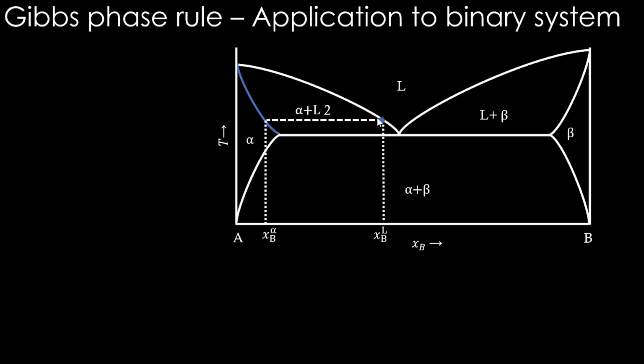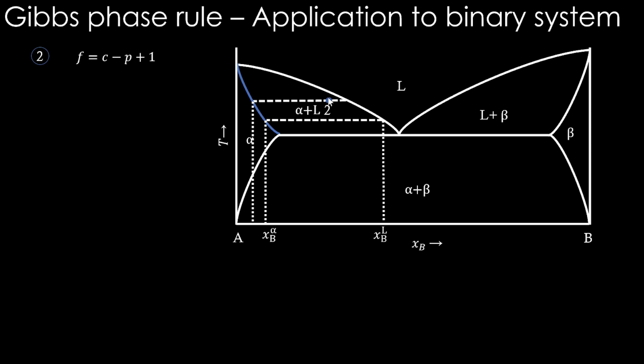So, if I change the temperature now at this point to a higher temperature like this here, then what happens? I change the temperature. Can composition XB alpha remain here? No, because the tie line is here. The tie line tells you that if two phases are to stay in equilibrium, the phases should have this composition and this composition, right? So, XB alpha should change to this new value. XB alpha should shift to the left side. Okay. So, the content of B in alpha phase changes if temperature changes. That's the difference here compared to the previous case.